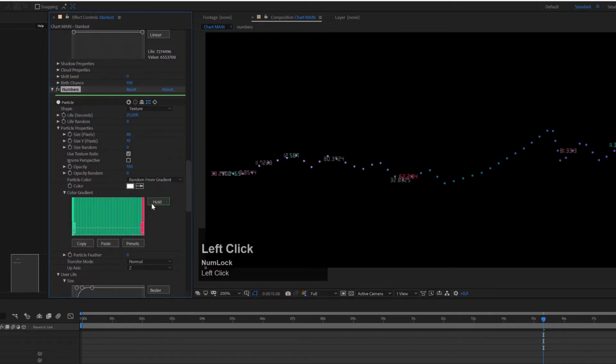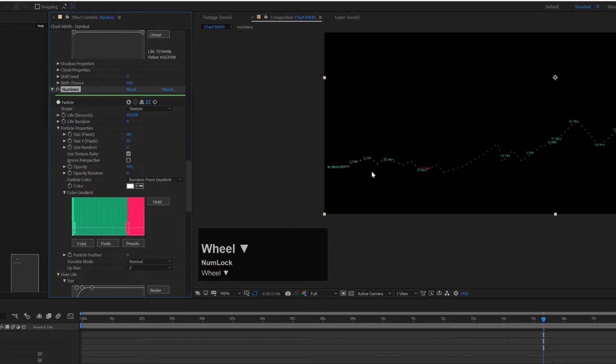red. And if I set this to hold, now I can control how many of these are green and how many of these are red. And of course, we will never get, as I said, a real representation using this technique. It's an illustration, you know, an abstract. But I can specify that more of my numbers are green than red, and our chart is growing all the time. So it's just something like logical that there are more green ones than red ones in my scene. So I will just leave the green space in my gradient a little bit bigger than my red